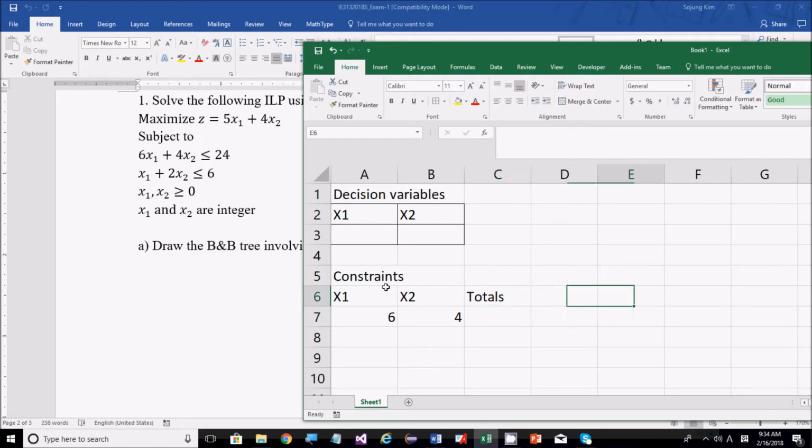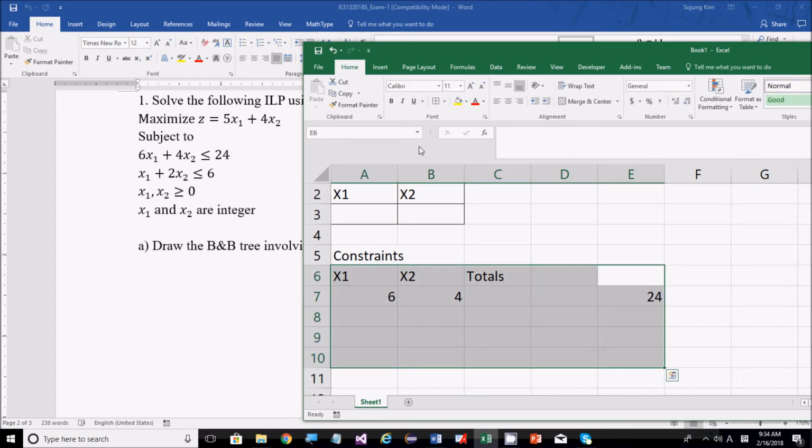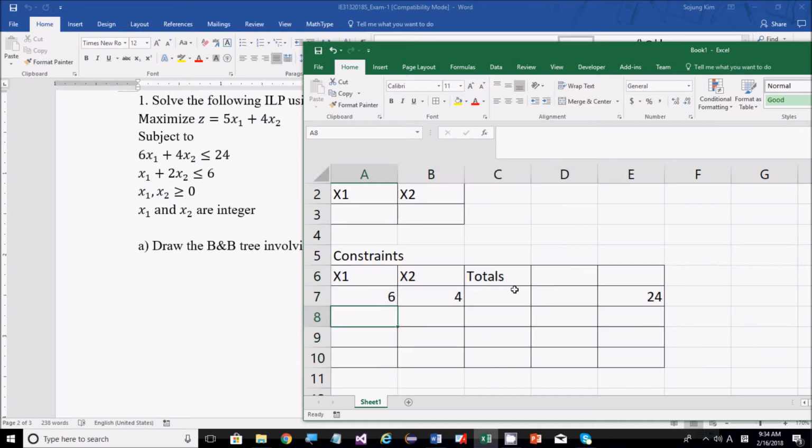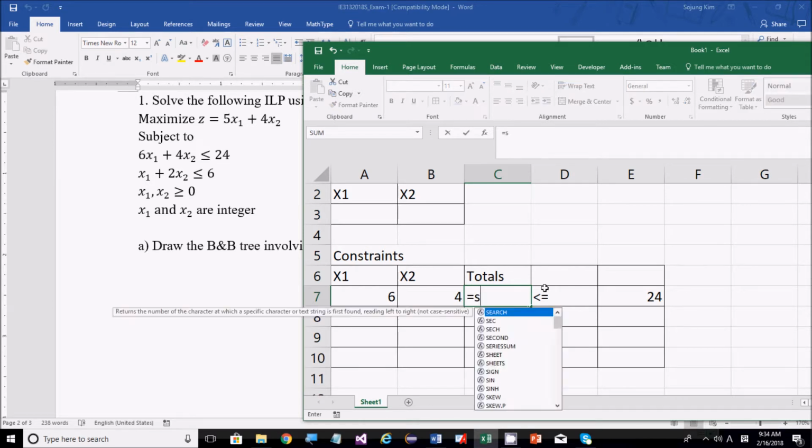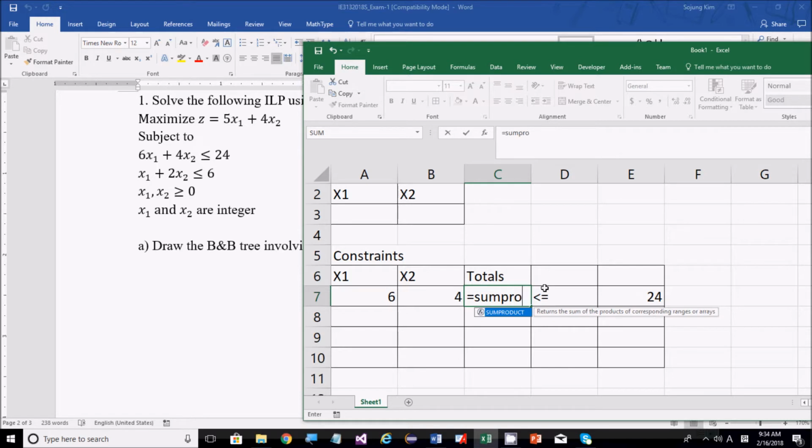Let me make this table to solve the problem easily. This is a less than, so less than 24. So you can use the sum product function